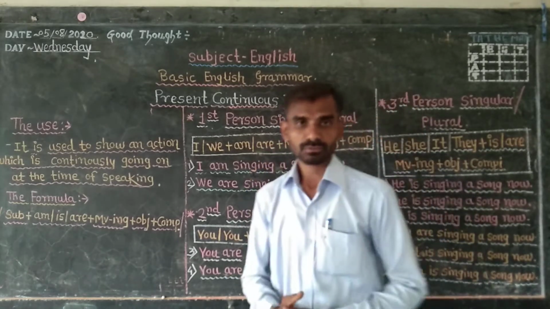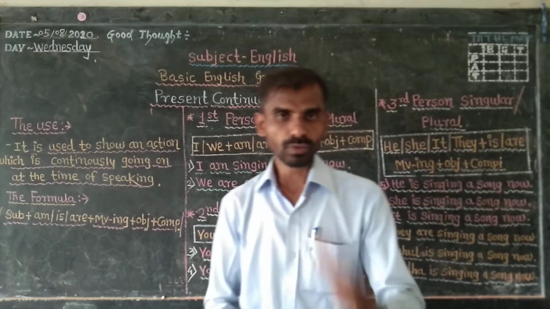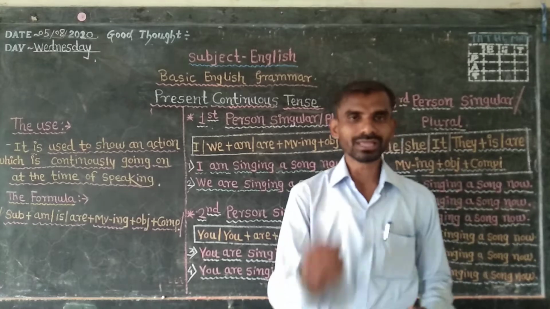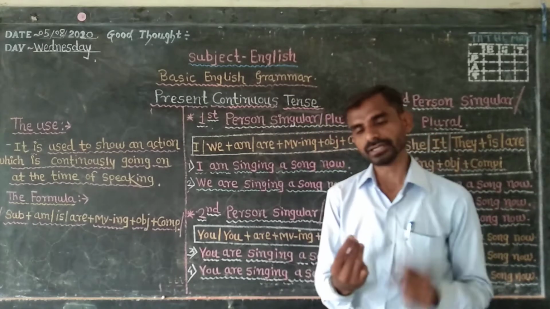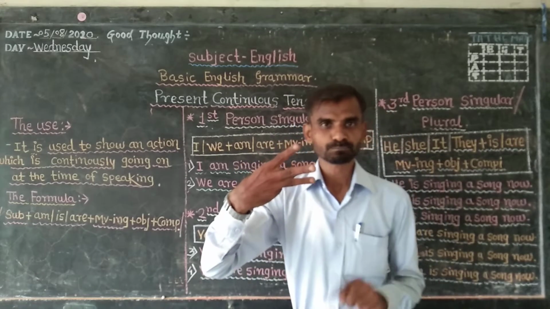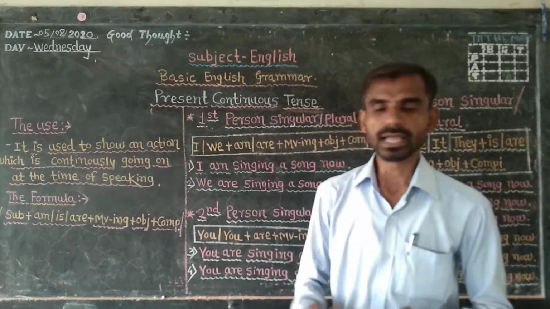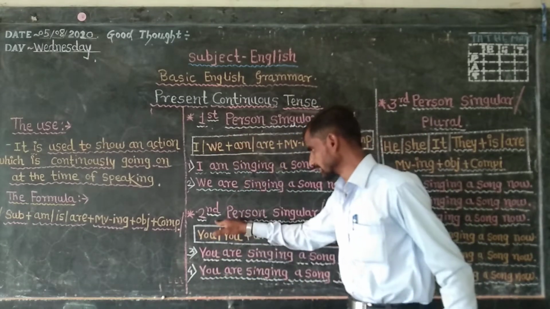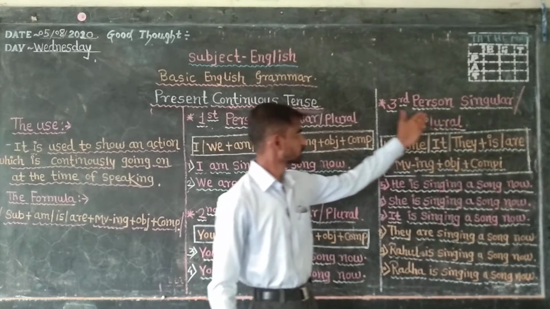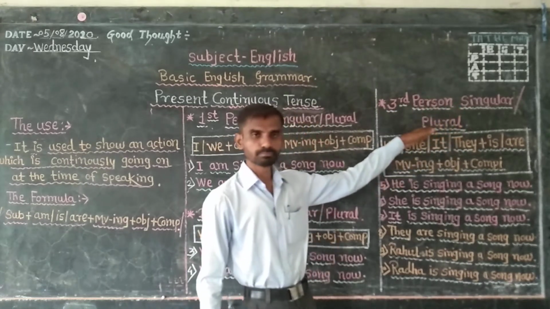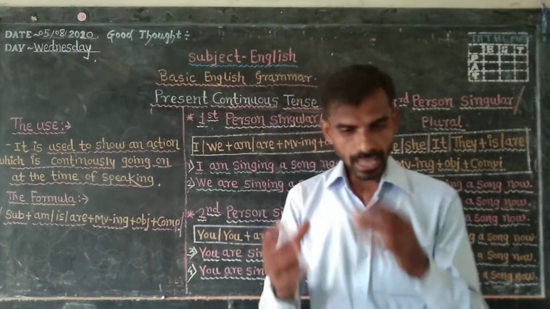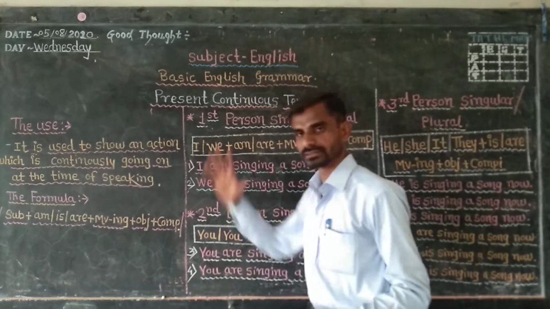Yes, through these different subjects. Once again we are going to make the topic much easier. Here on the board we have divided 8 to 10 different subjects into 3 different columns, 3 different boxes. First is first person singular and plural. Second is the second person singular and plural, and here in this corner third person singular and plural. So let us see how the 8 different subjects are sorted and categorized in these 3 columns.